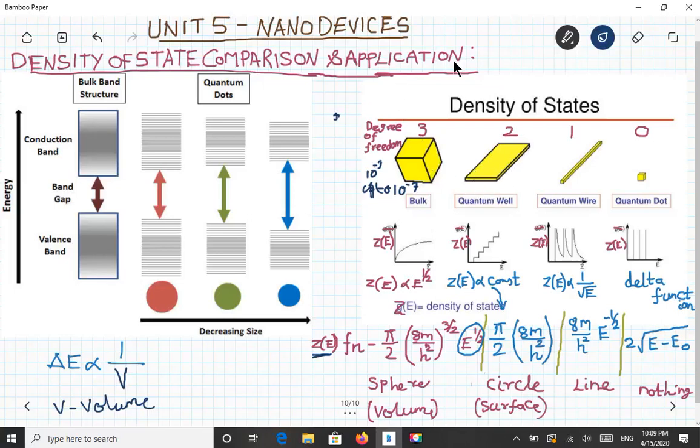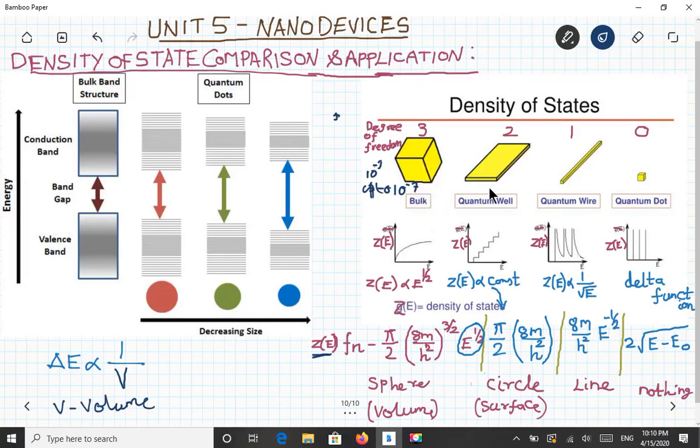Here we are going to cover only semiconducting material. That is, nano devices are not applicable here for conductors or insulators. So we are strictly talking only about semiconductors. Semiconductors in a bigger volume, that is in 10 power millimeter cube or 10 power minus 7 meter cube, are all bulk materials.